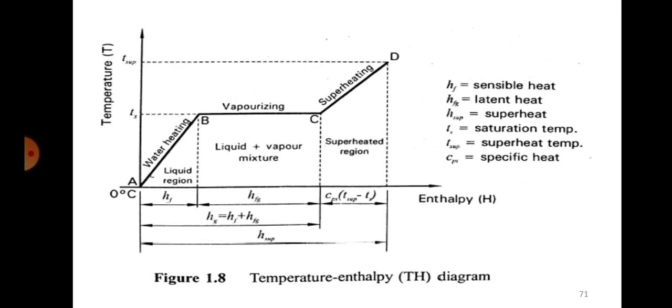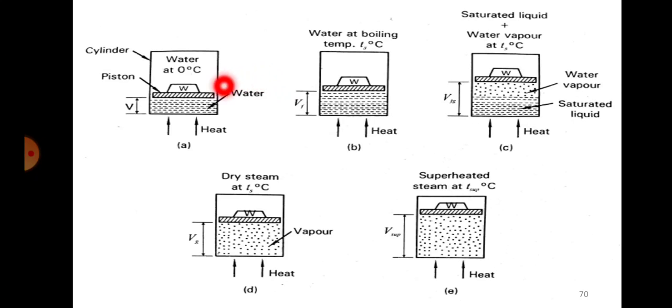So now you understand why the stated pressure. That means we are trying to maintain the pressure constant here. That is the reason why we have kept the piston and the weight, so that the pressure will always be constant. Constant pressure is maintained in that. Okay, if we do not keep this, then the pressure will vary. We are explaining the concept of this with the help of T and H, that is temperature and enthalpy, keeping pressure constant. That is why we have to maintain this piston and a weight on top of that, so that the pressure will always be constant. There is no increase or decrease in pressure. Pressure will be constant.